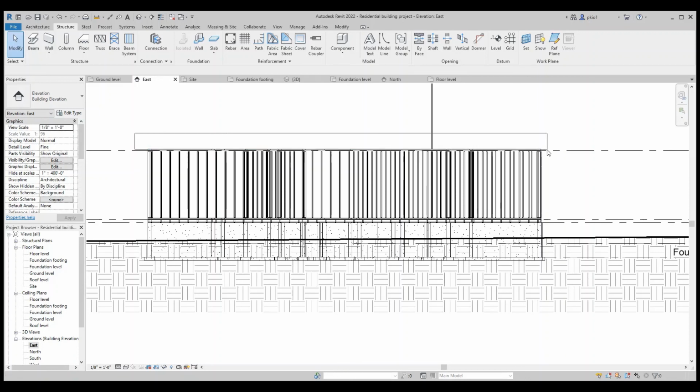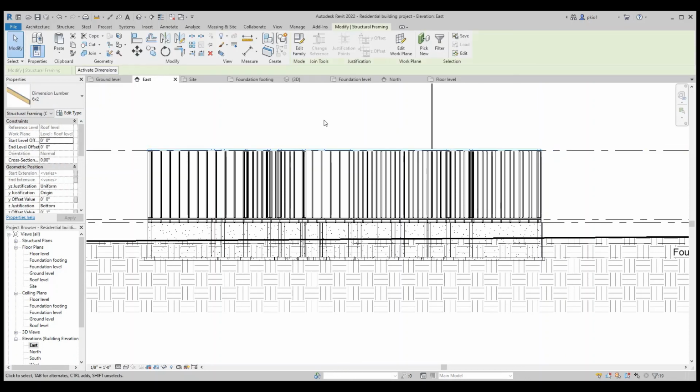So then draw a box on it and set the Z justification to 0 and make it top. Apply.